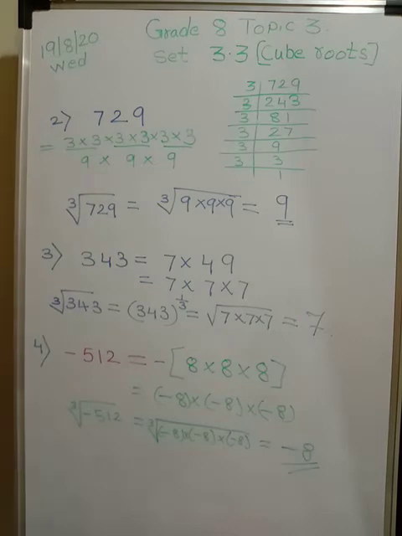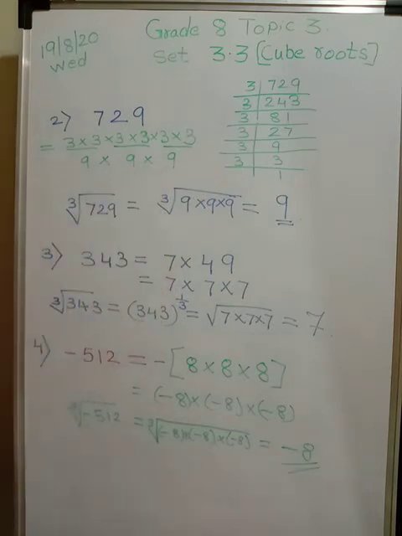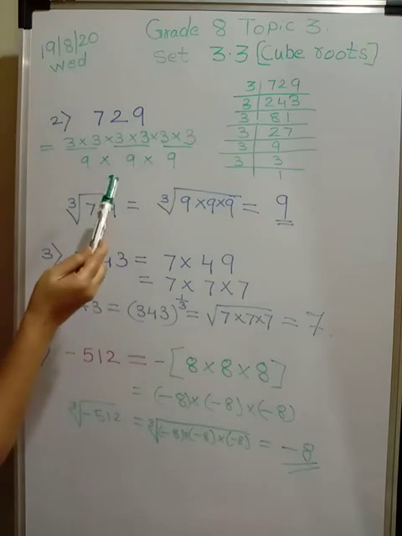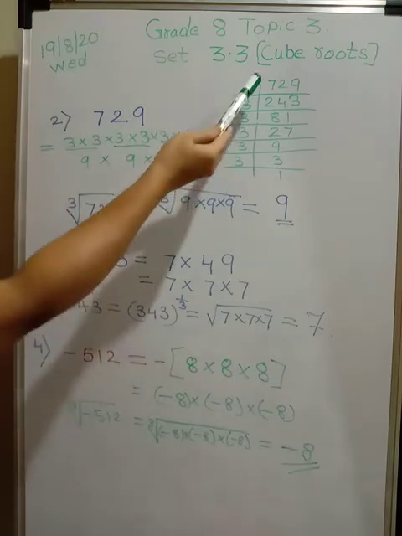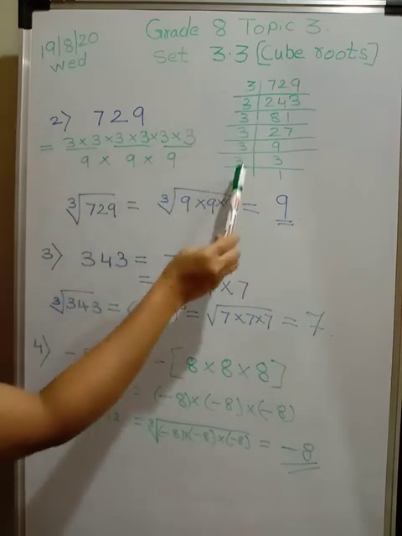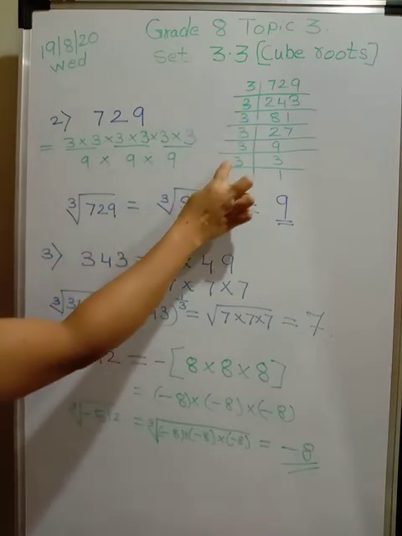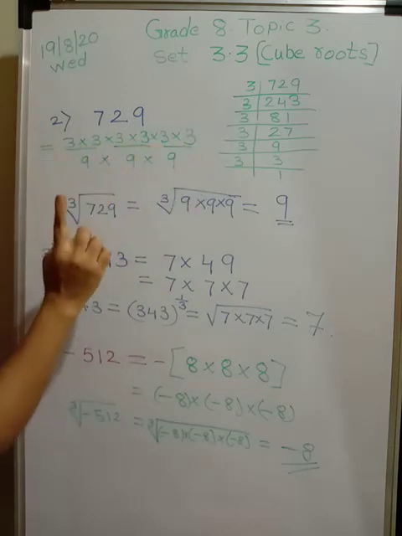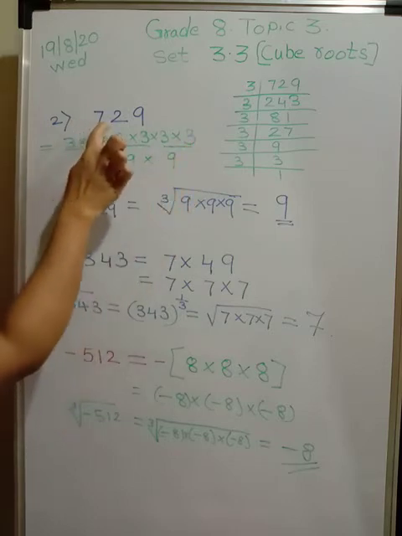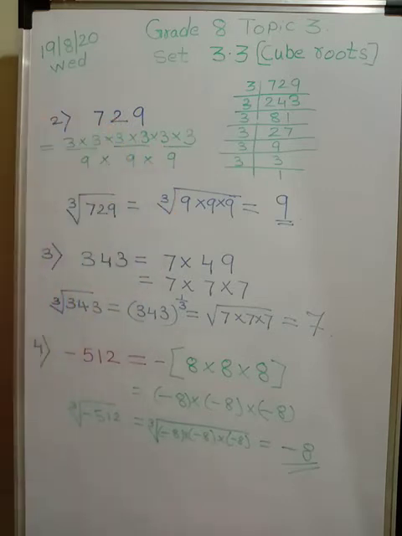Now come to the second problem, 729. Now we have studied prime factorization. Another way I am telling you, you can prime factorize if you find it difficult to calculate mentally which number is multiplied 3 times. So you can go by this method also. 729, you sequentially factorize it. Write down all these factors over here. Now we want 3 numbers and here there are 1, 2, 3, 4, 5, 6. So I can make pairs. 3 3s are 9. This 3 into 3 is 9 and 3 into 3 is 9. So when 9 is multiplied 3 times, I get 729.